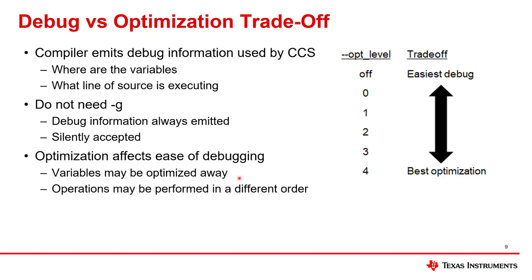I mean, it's gone, right? Operations may be performed in a different order than as it's written in the original source code, and that can become confusing, right? And again, the higher the level of optimization, the more likely it is these sorts of things are going to happen. So this is one of these things where you need to experiment and work out what level in the trade-off works best for you. Now coming up, I'm going to give you a couple of techniques you can use to try and keep your optimization level higher than otherwise, yet still debug a specific problem that might be happening.